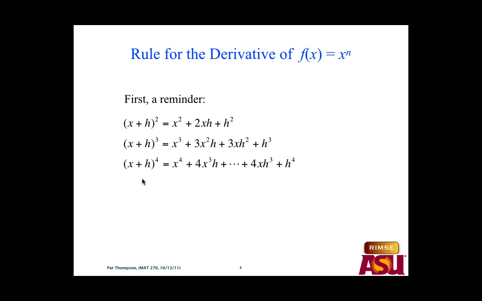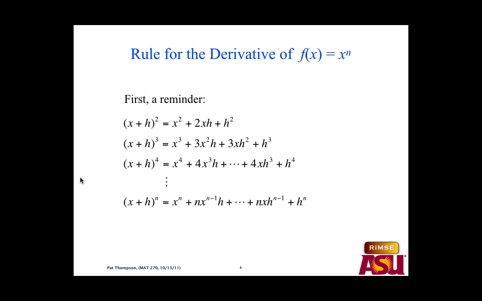But we could keep going with this. There's the important parts to think about these, though. If you remember doing that x plus h squared minus x squared all over h, the x squared part canceled out, right? So in general, if I were able to come up with some expansion for x plus h to whatever whole number power I wanted, don't worry about too many of the details in this, but this is how